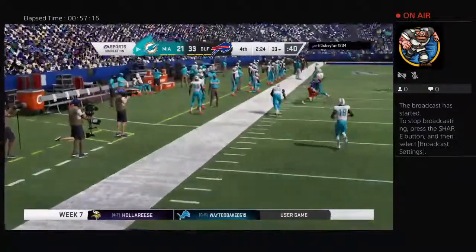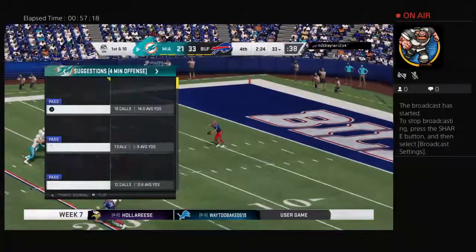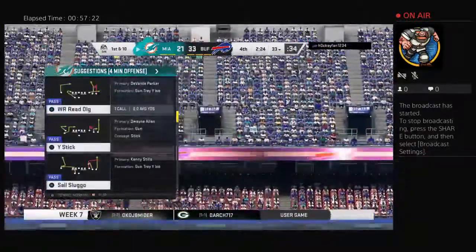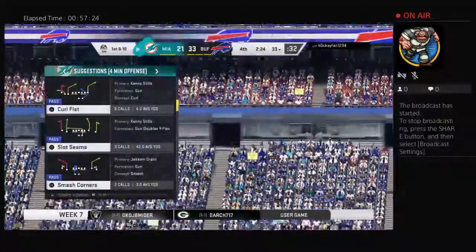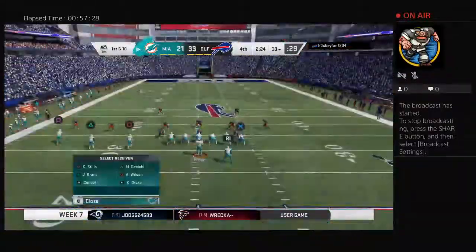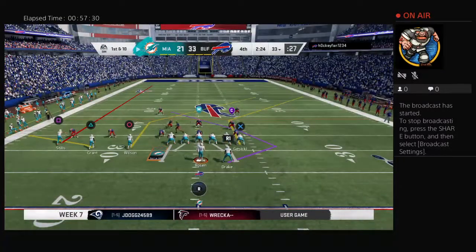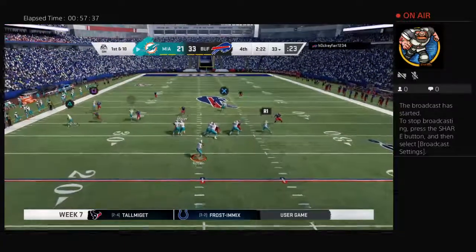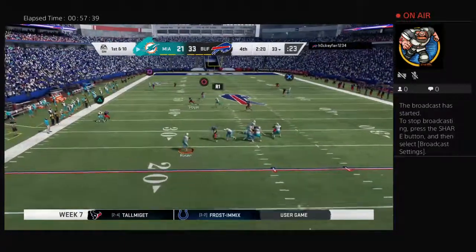The Dolphins take over first and 10 at their own 33-yard line. The Dolphins at the line ready for their next drive. And for them, a touchdown their last go-around. Obviously, they'll be hoping to do that again. And when you start plotting for this drive, you don't go away from what you...